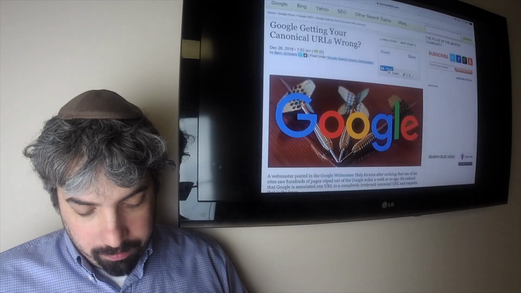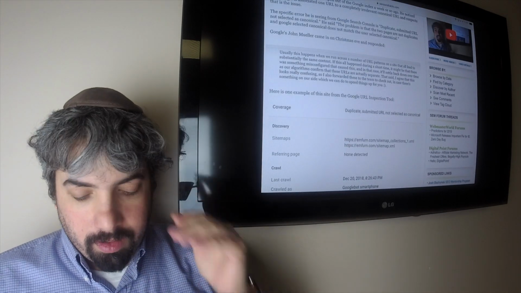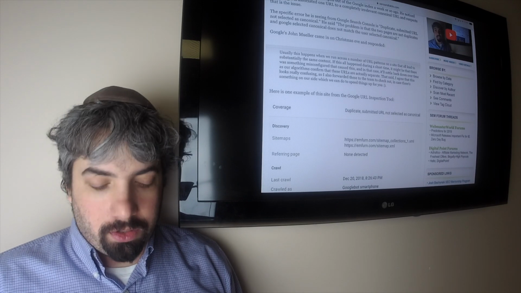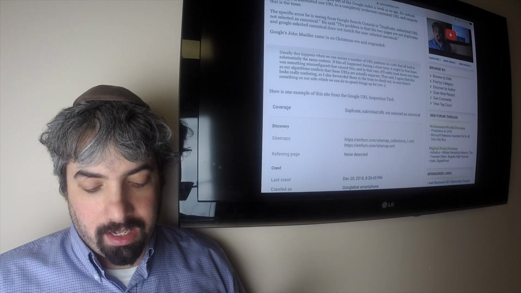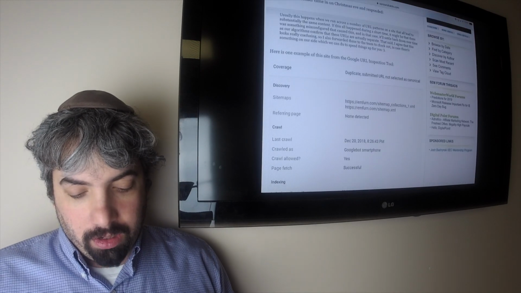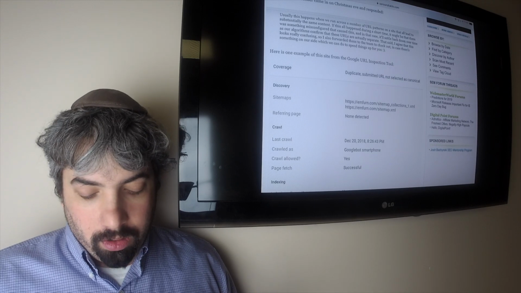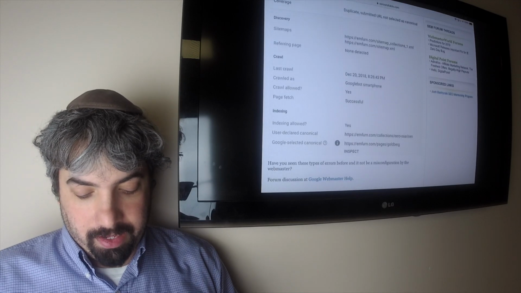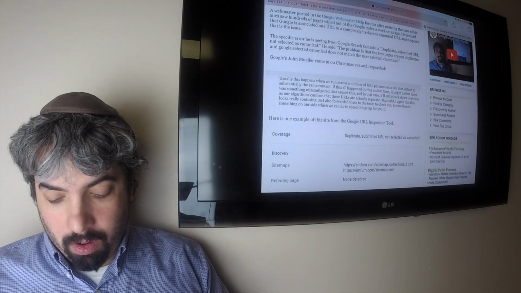Google can get your canonicals wrong. Basically, John Mueller said that sometimes when you see the duplicate submitted URL not selected as canonical error in Google Search Console, it could be that the two pages are not duplicates, and Google selected the canonical that does not match the user's selected signal. John Mueller said that sometimes when they run across a number of URL parameters, lots of complex URLs, Google may get confused and get the canonicals wrong. And this comes up, he said, often when